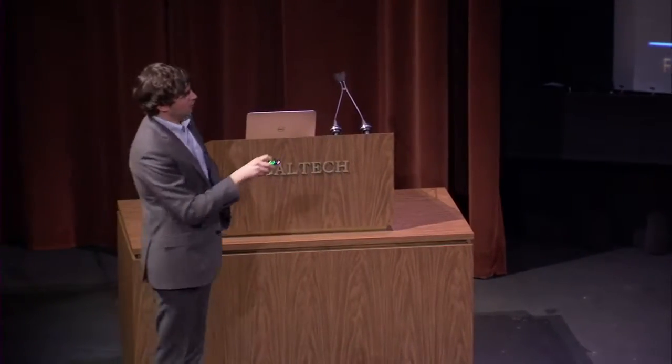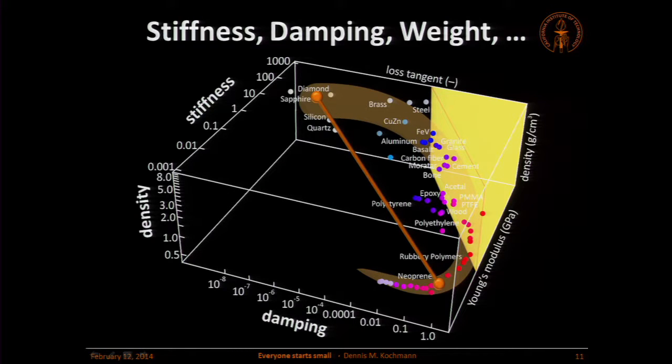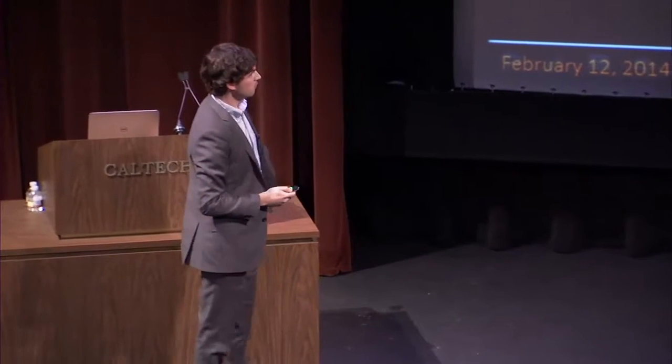But the truth is that whatever new you get, its properties will lie very close to this line. It doesn't have to lie on the line, but they will lie close to it. What this means is you can take any 2 points that you want, you can connect them and make a composite, you will never get into this corner here. It's impossible. So with normal materials, it seems to be pretty much exclusive. If you want something stiff and high damping, that doesn't exist.